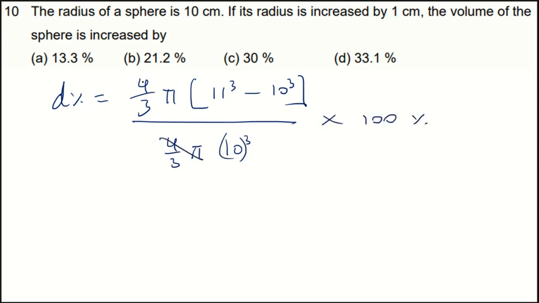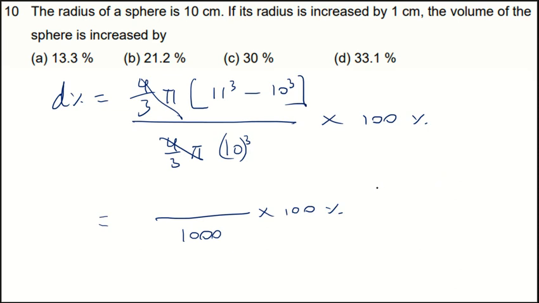So, this 4 by 3 pi cancels. I have 11 cube minus 10 cube alone on the top, and here 10 cube in the bottom. So, this is 1000 into 100 percent symbol, 11 cube, you know 11 cube